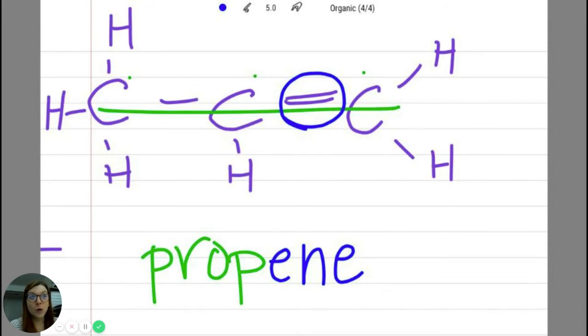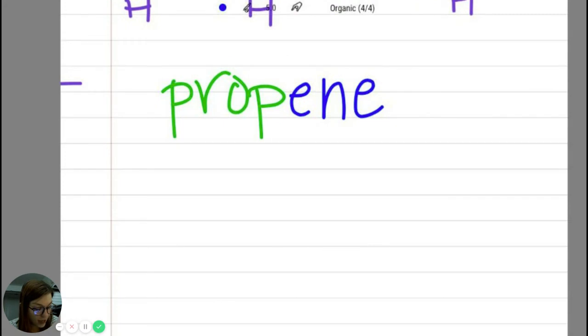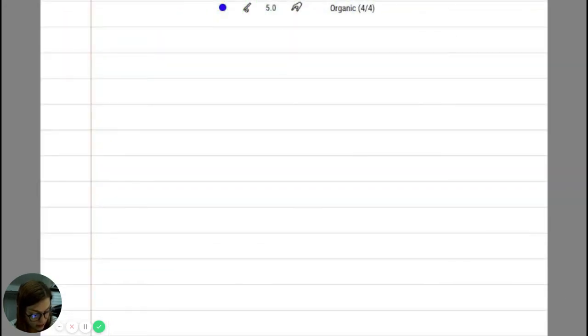Okay, now for propene, it can be this simple. I want to show you another example because it's going to get a touch more complex. And then after this touch, we're pretty much done because that is as difficult as it gets. So here we have propene, 3 carbons, and there's a double bond in there. But if I were to look at something like this,